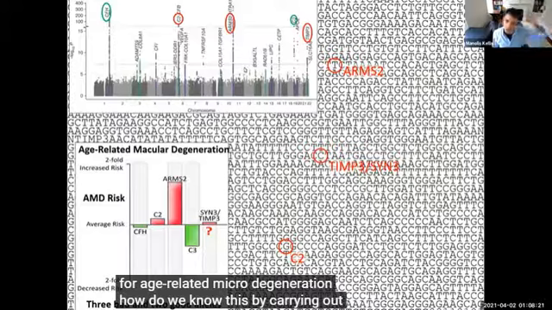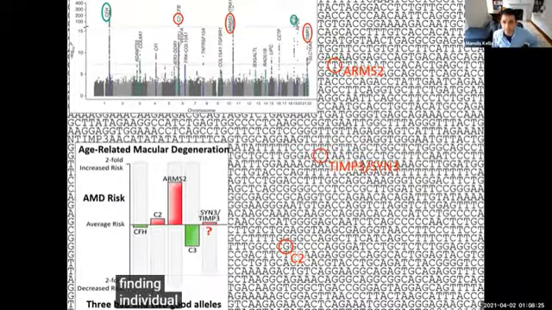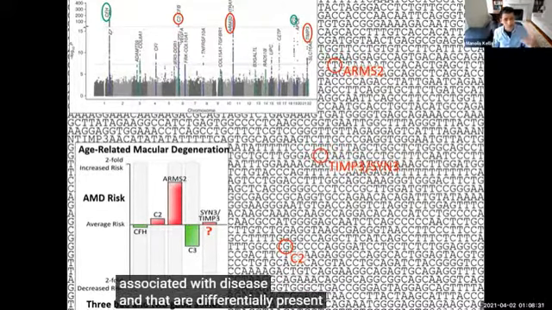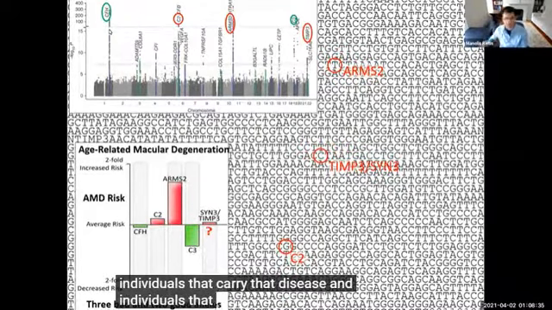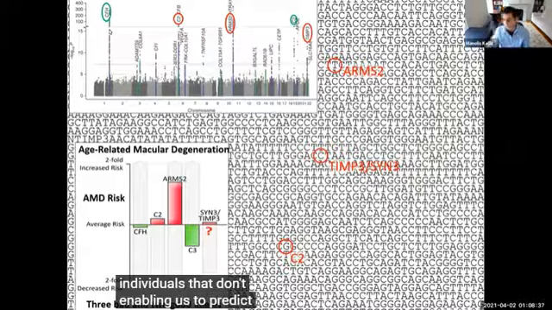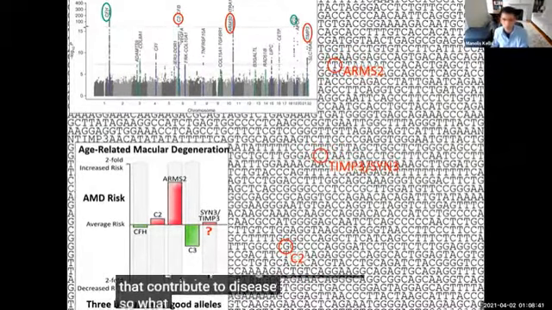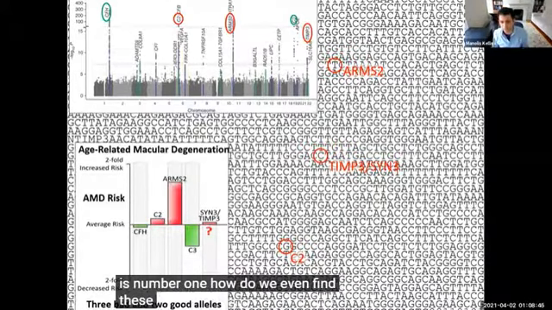By carrying out genome-wide association studies and then finding individual genetic variants that are associated with disease and that are differentially present in individuals that carry that disease and individuals that don't, enabling us to predict genetic locations that contribute to disease. So what we're going to talk about today is, number 1, how do we even find these genetic